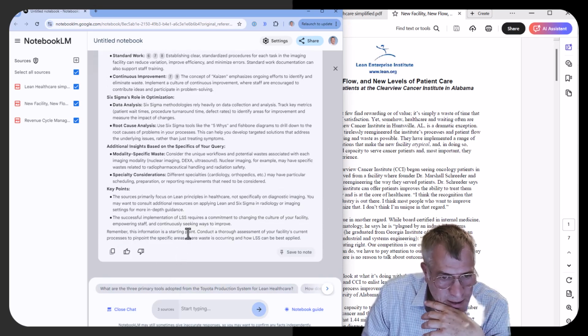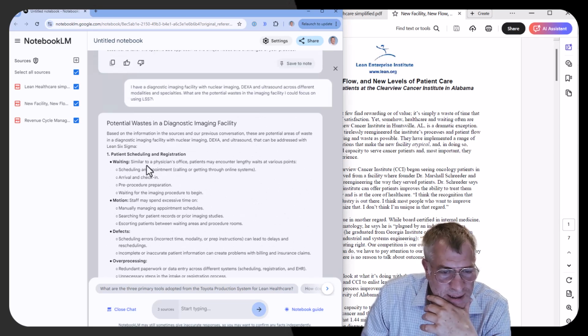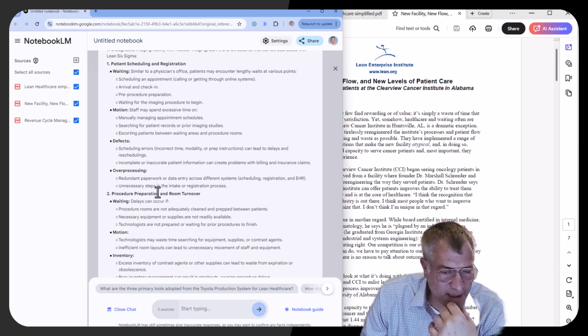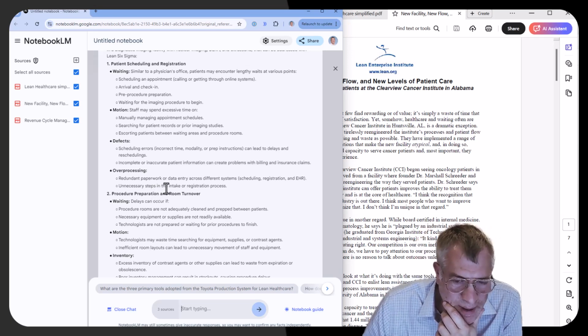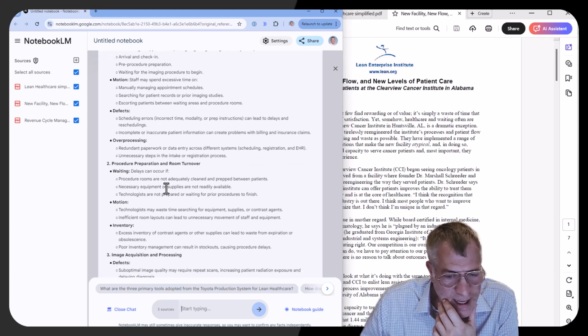And let's see. This is so interesting. Potential wastes: patient registration and scheduling, absolutely. That was an area that we struggled with a lot because it's very complex to schedule these multiple modality procedures. Procedure prep and room turnover, yes, because you might need to have patients go into a hot lab where they get injected with isotopes,